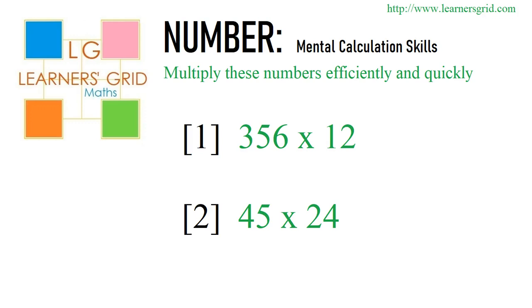So we're going to multiply these numbers, and we're going to multiply them efficiently and quickly, and hopefully we'll be applying some mental calculation skills that would be quite helpful. It's really important that you build up your range of mental calculation skills, not just for your lessons, but